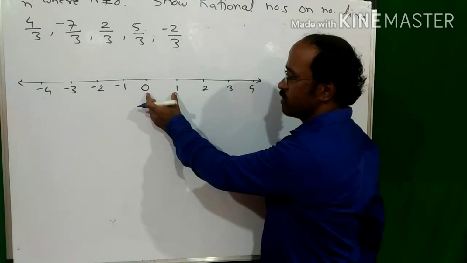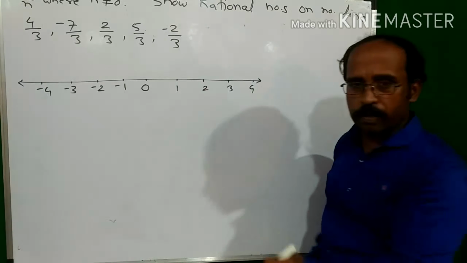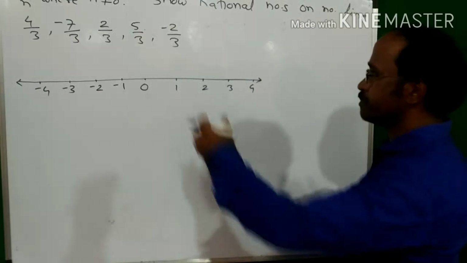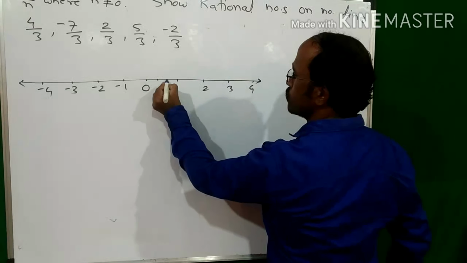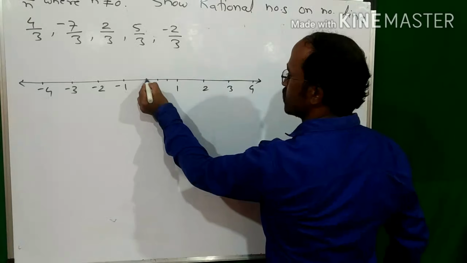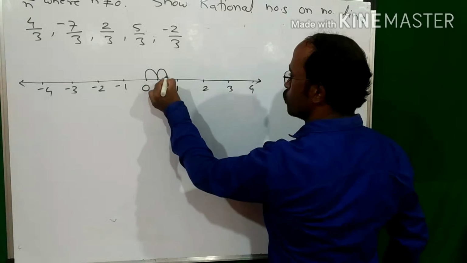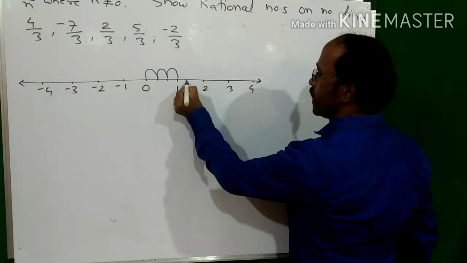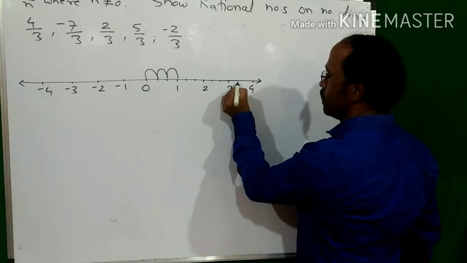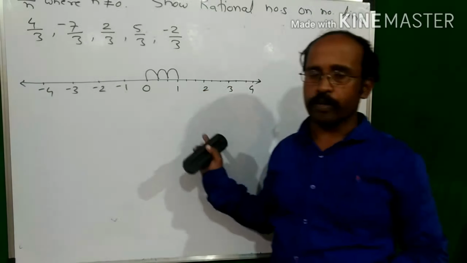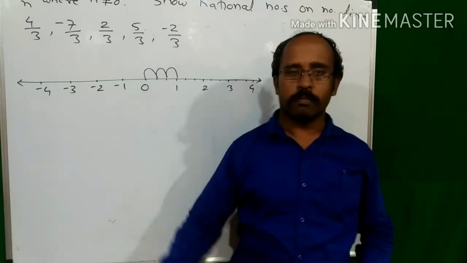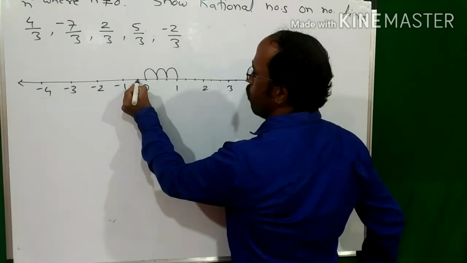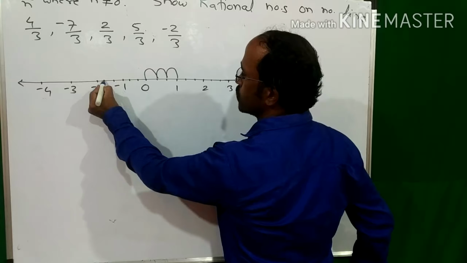So here we have to create 3 partitions. Here also we have to create 3 partitions. Between each number we have to create 3 partitions. So let's create. Okay, so these 3 partitions are created. 1, 2, 3. Got it, students? Similarly, we have to create 3 partitions between each and every number. We have to create 3 equal partitions, which we will see later by using a compass. But right now I am just showing you a rough figure. This thing we have already learned in 6th standard.